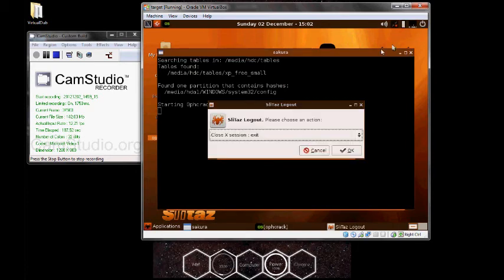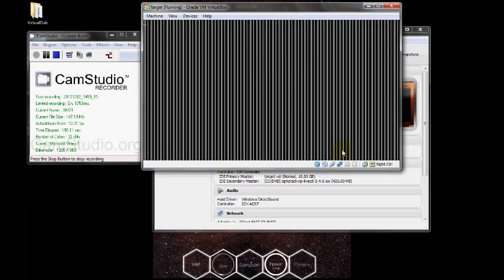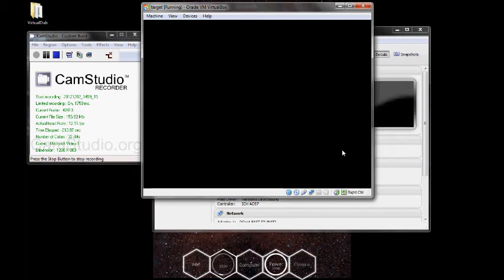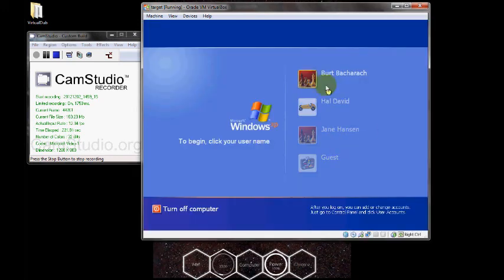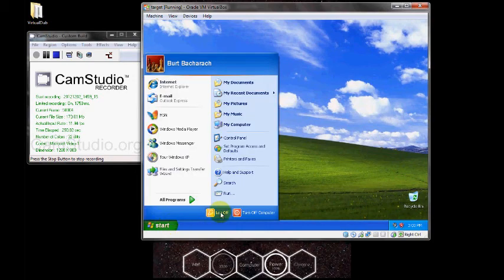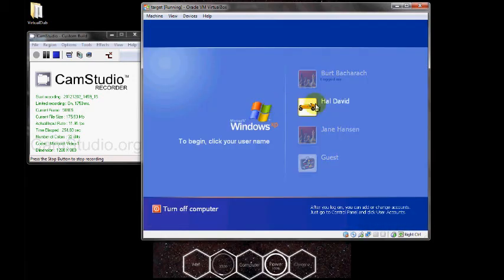Now let's put those cracked passwords to the test. We rebooted the virtual machine and this time let it boot in its normal sequence with .vdi first. Back at the Windows XP login screen, we selected Bert Bacharach and entered the corresponding password. As expected, we now have access to his account. To make sure the others work, go to the Start menu and switch users. Most of the other passwords allowed entry to the system and any information that may be important to the forensic